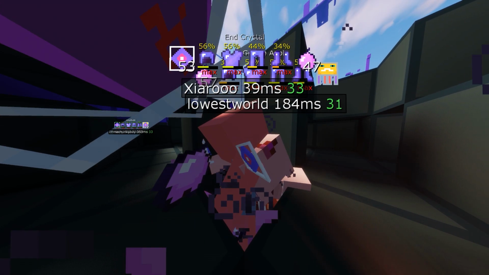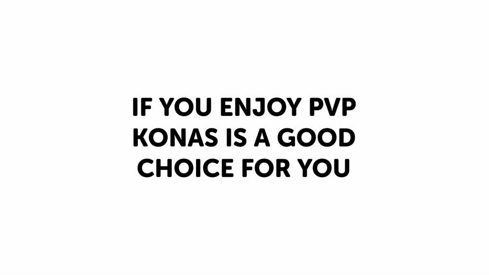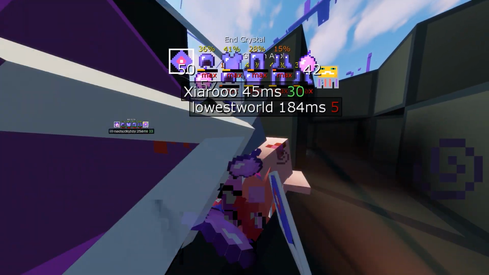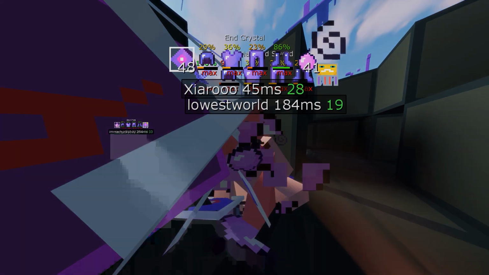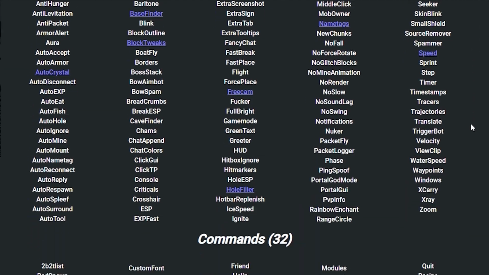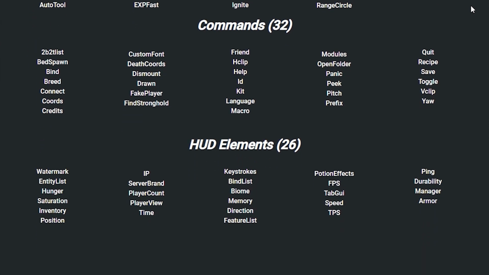Overall, I really like the Konas client, and I recommend it to people that enjoy Crystal PvP. The utility hacks are also fairly good, although personally I would use this client along with Future, or a free hack client of your choice. The Konas website could benefit from a modules page, and maybe an FAQ page, but otherwise the client itself is